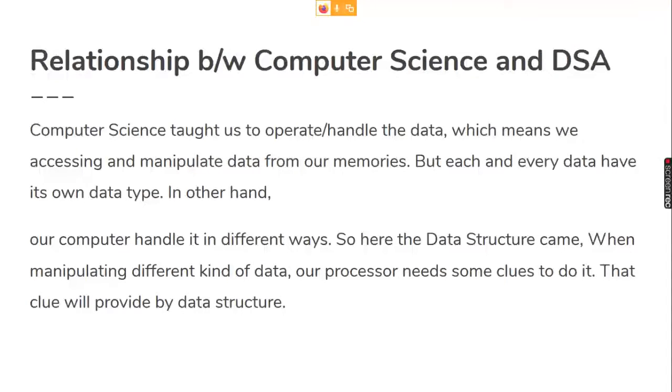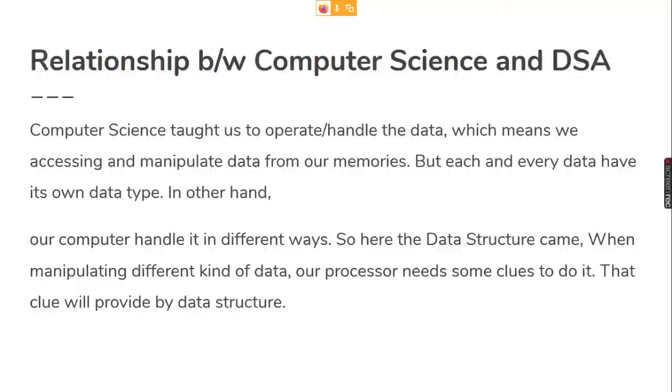Then what is the relationship between computer science and data structure? First of all, what is computer science? Computer science always teaches us to operate or handle data, which means we are accessing and manipulating data from our memory. But each and every piece of data has its own data type, and on the other hand our computer handles them in different ways, right? So at this point, data structure came in.